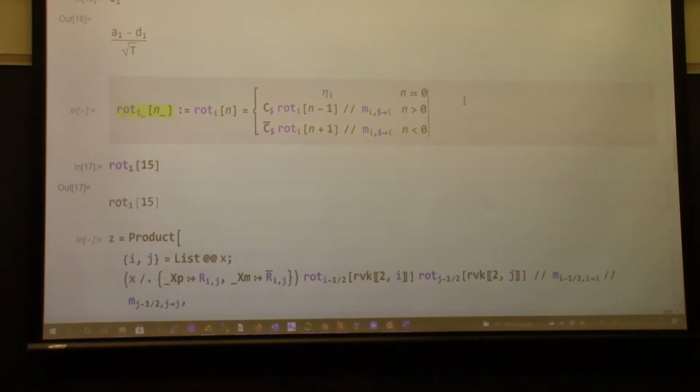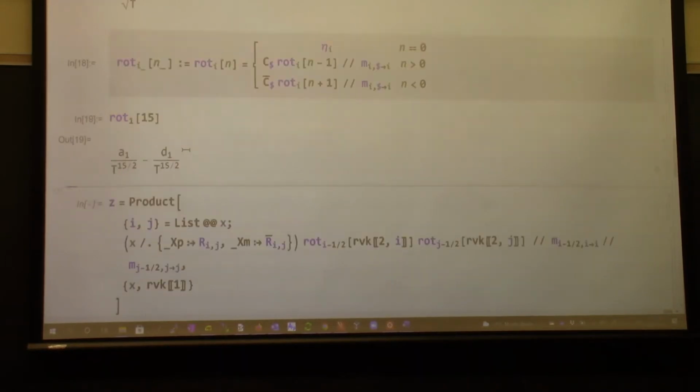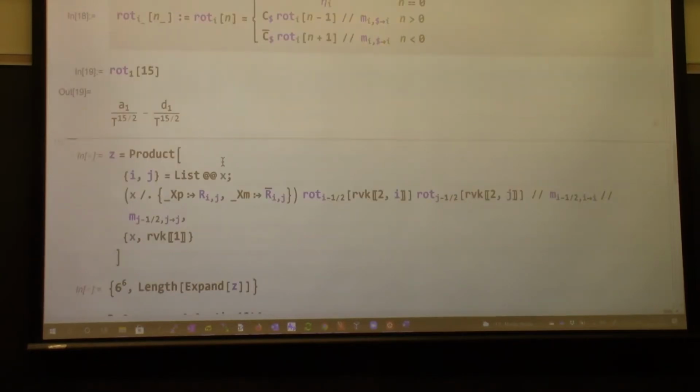Oops, sorry, I forgot to execute this. So what's ROT 1 of 15? Well, I think it's clear how to generalize, right? And then it should be clear how to prove it by induction if you really want to. Anyway, this done,